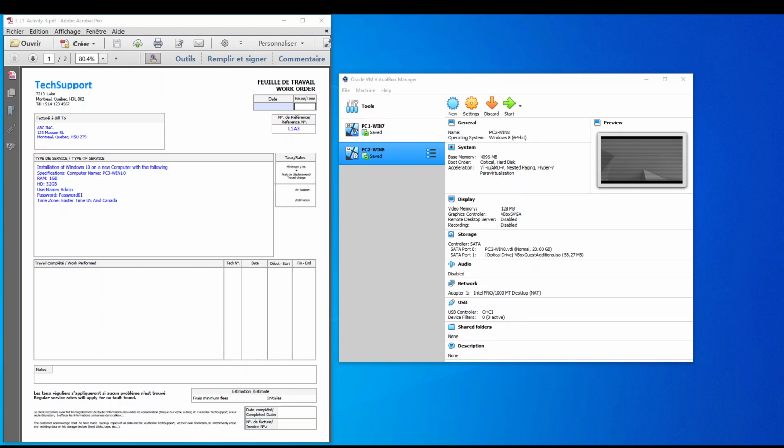In this video presentation, we have a work order which requires us to install Windows 10 on a new computer. And these are the specifications for that installation. So the computer name has to be PC3-Win10. We are going to use 1 gigabyte of RAM, 32 gigabyte of hard disk space. The username will be admin, password will be password01 with capital P, and the time zone will be Eastern Time,